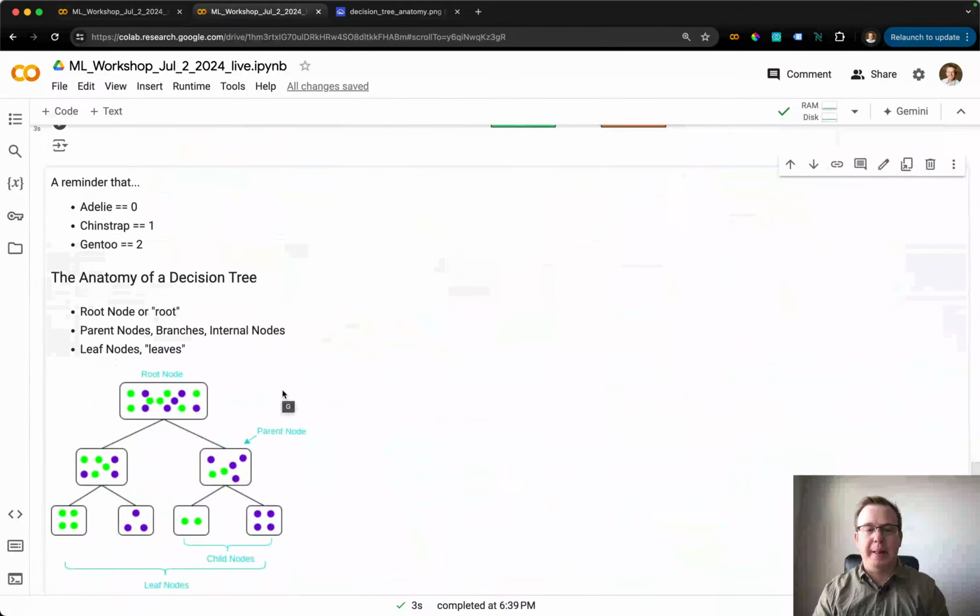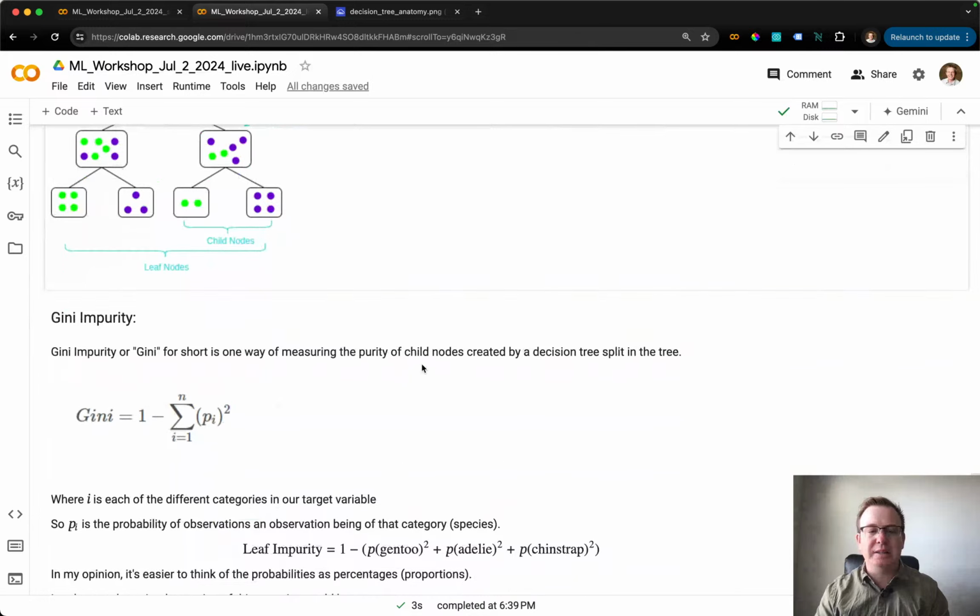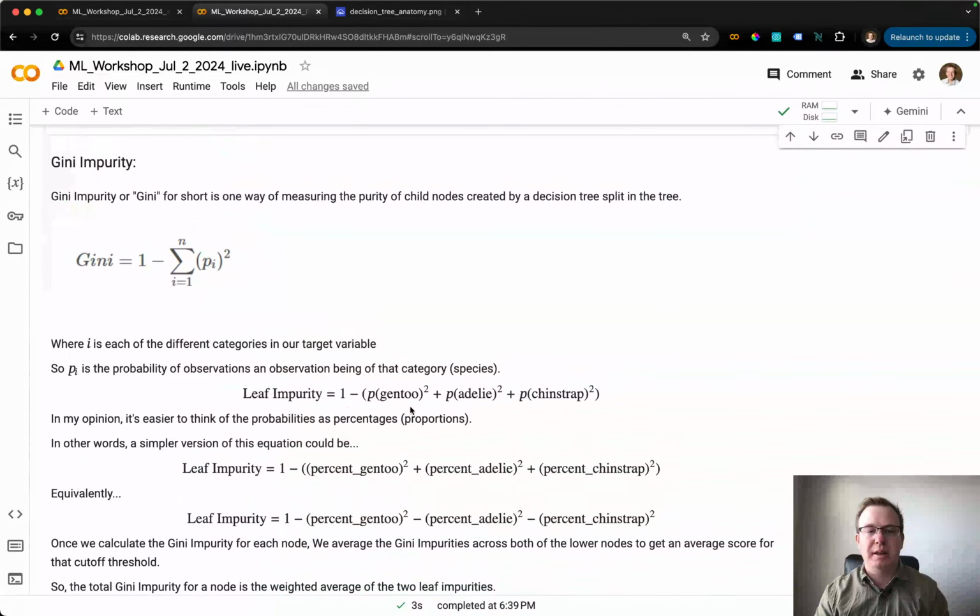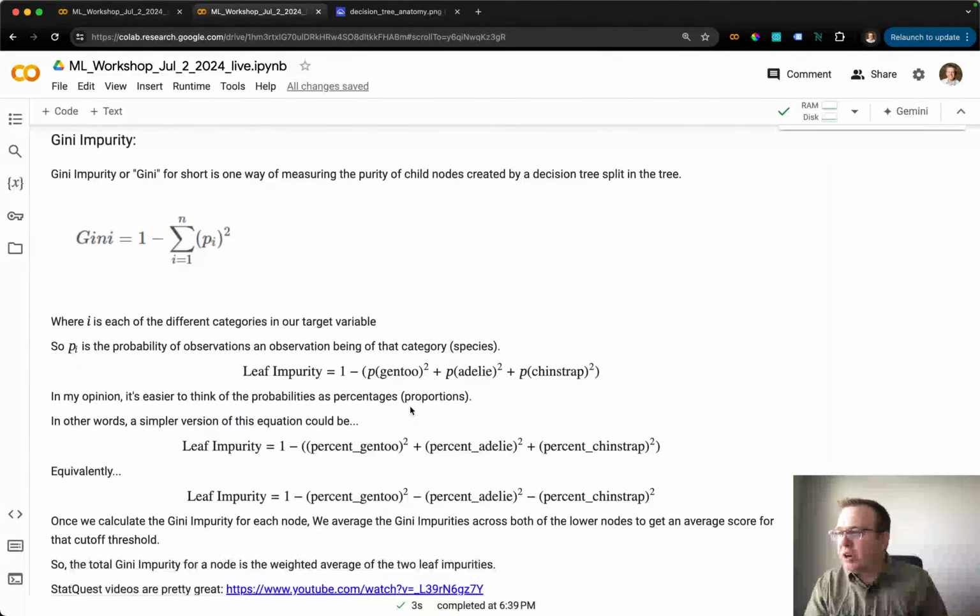Okay. Well, how does the decision tree do this? Well, through a certain metric. That metric is called Gini impurity. Gini impurity. All right. And here's this fancy pants mathematical calculation for it. It is a lot simpler than this math notation makes it look like. And that's really my goal today, is to make you think about Gini impurity and go, oh, that's not too